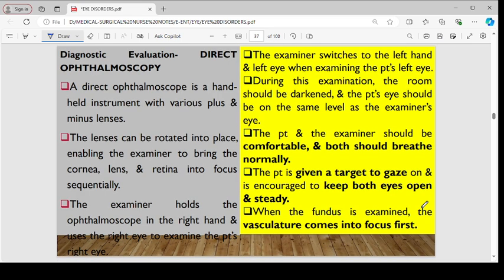Ophthalmic evaluation, that is direct ophthalmoscopy. You are going to use a handheld instrument with various plus and minus lenses. The lenses can be rotated into place, enabling the examiner to bring the cornea, lens, and retina into focus sequentially. The examiner will hold the ophthalmoscope in the right hand and use the right eye to examine the patient's right eye. The examiner will switch to the left hand and left eye when examining the patient's left